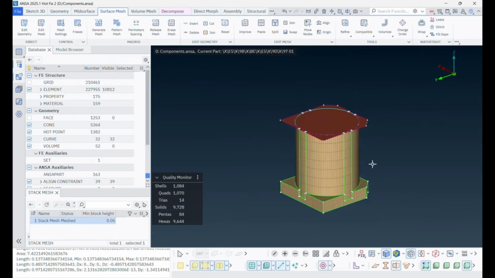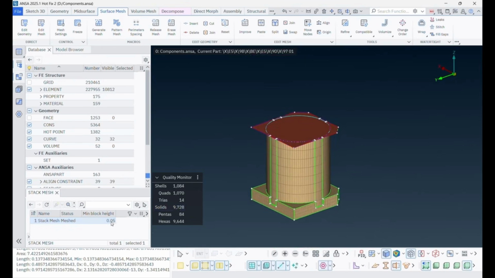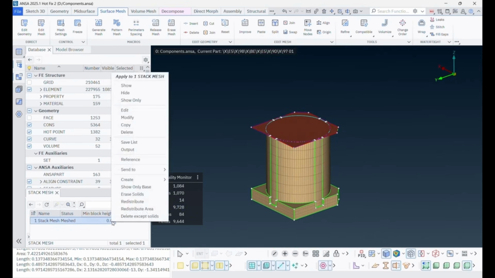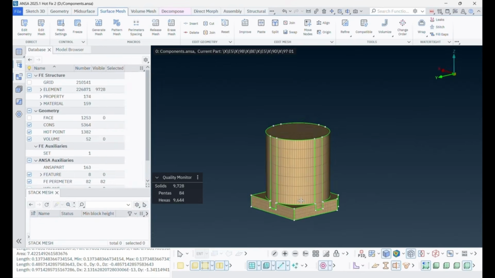If the mesh meets the requirements at this point, use Delete Except Solids to delete the temporary base mesh. Keep only the required solid results.